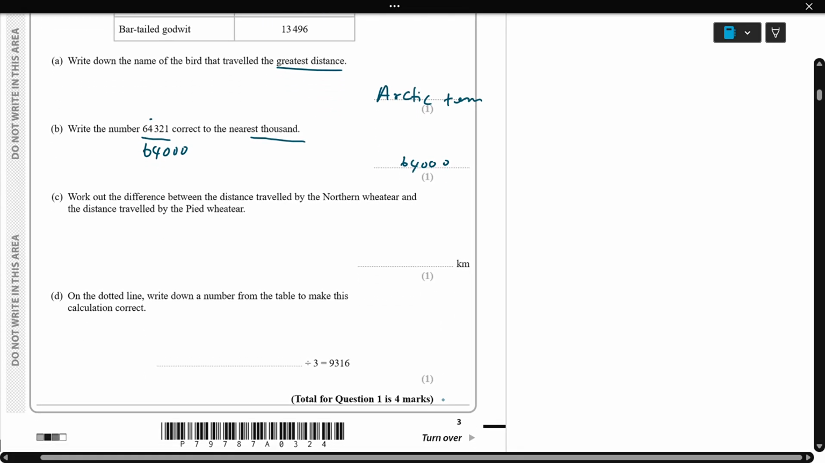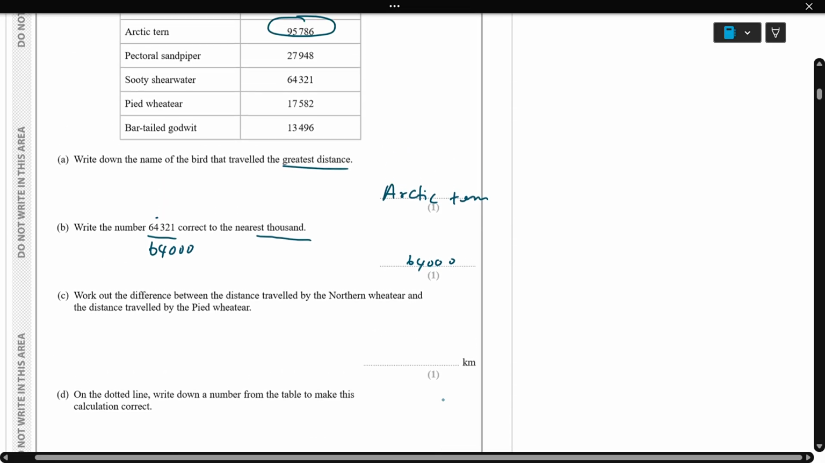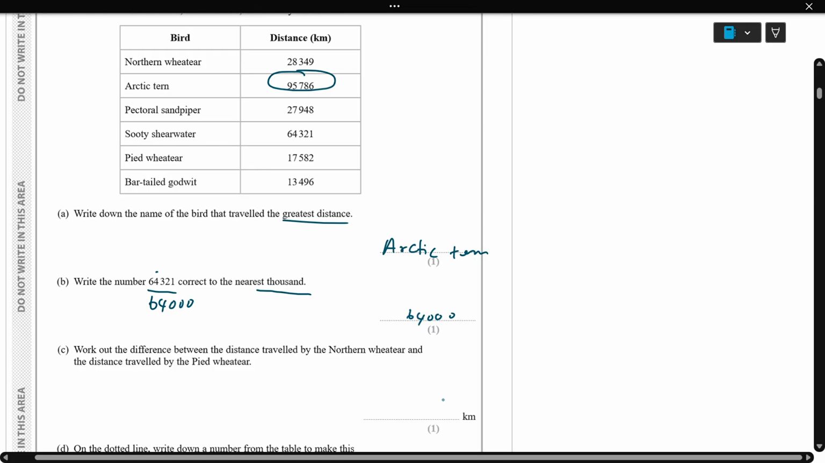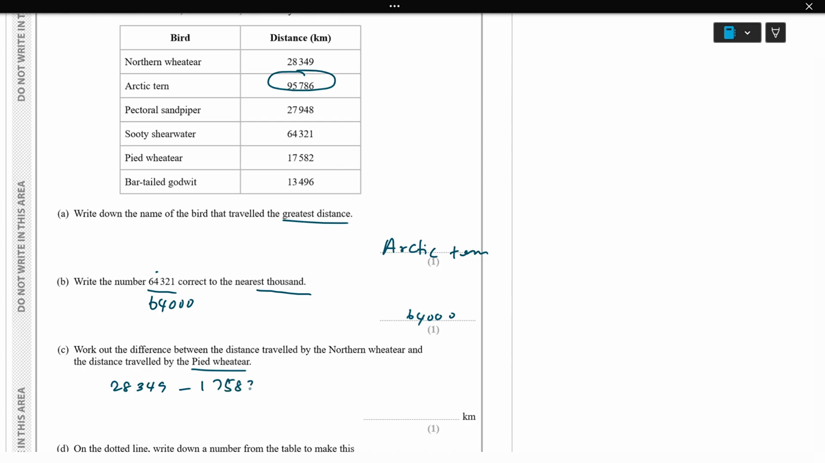Next, work out the difference between the distance travelled by the northern one and the distance travelled by the pied one. So the northern one is 28349 minus the pied one, which is 17582. So the answer is going to be